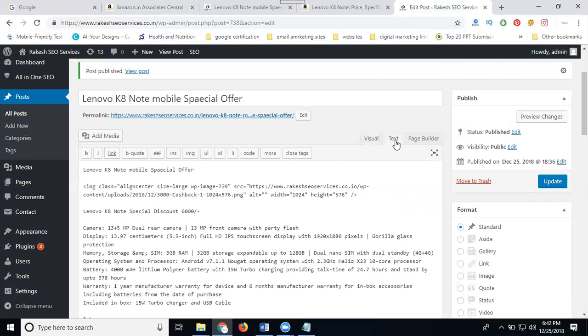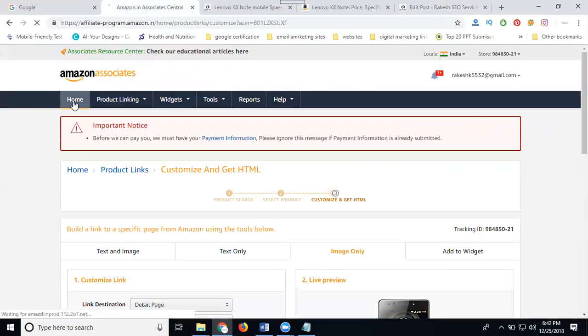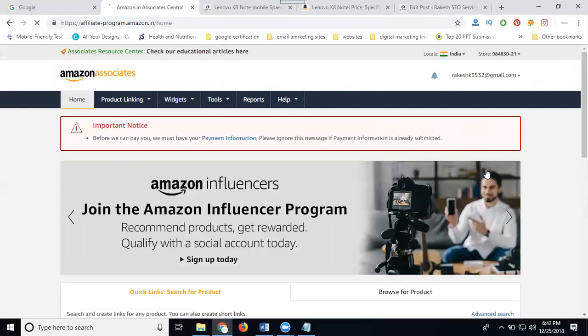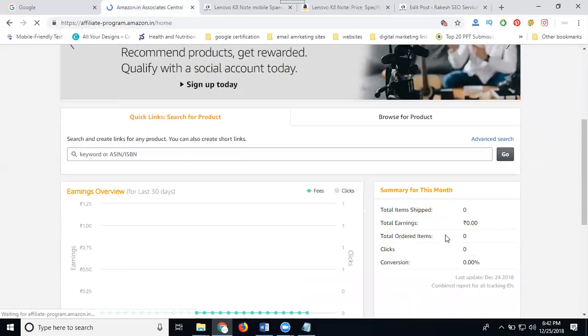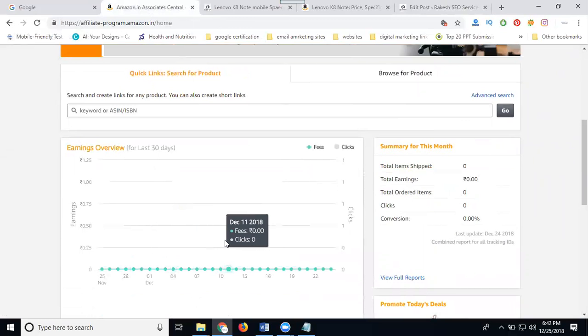This is how you start your affiliate marketing on a WordPress website. Any kind of sales that are done, the report will be generated by the affiliate product Amazon portal on your dashboard. Sales, reach and total report. This shows how much you increased on everything. So this is how you start your affiliate marketing on a WordPress website.